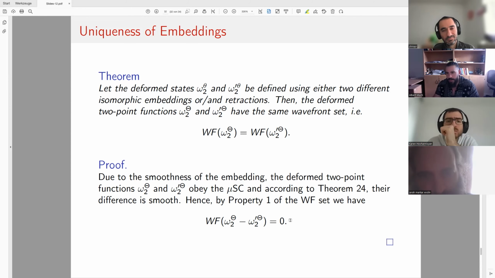It depends on how you embed. Instead of a sphere, you can do it with this x squared plus and so on, or you can do the other embedding. What is it called? Spherical projection? Stereographic? Yes, stereographic projection. So you could also do that projection and see how far you get. And that will give you a different deformed state, of course.